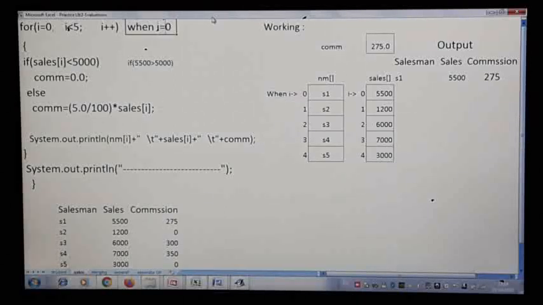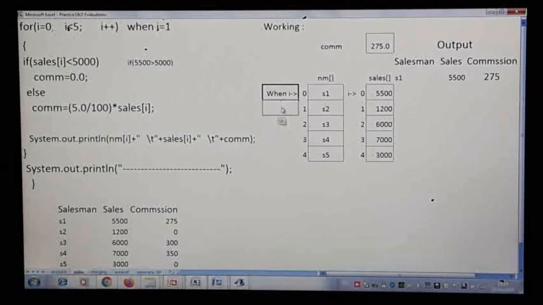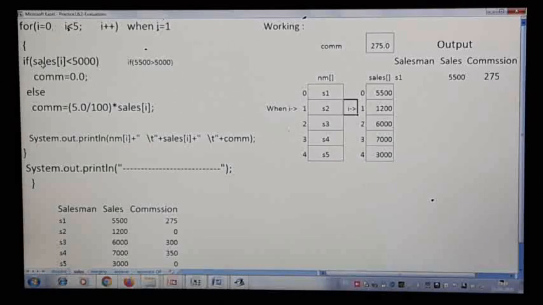So for the second salesman, it goes to I++, so it will loop back to I++. When I comes to the second record, when I is pointing to 1, we are checking sales of I, meaning sales of 1. So what is there in sales of 1? 1200. So your condition becomes 1200 is above 5000.